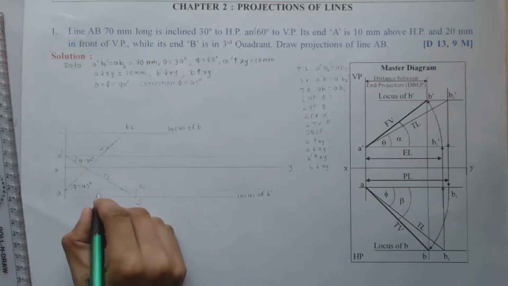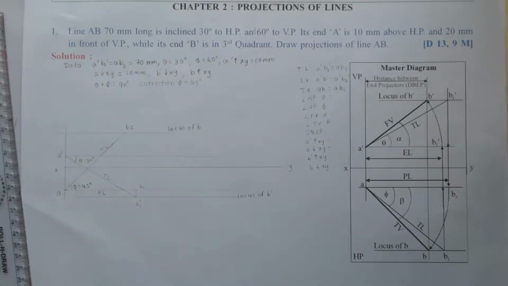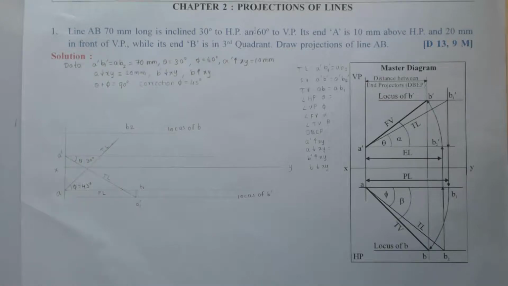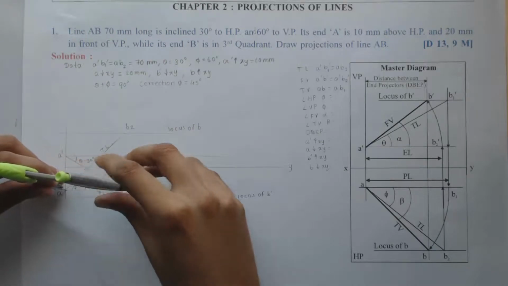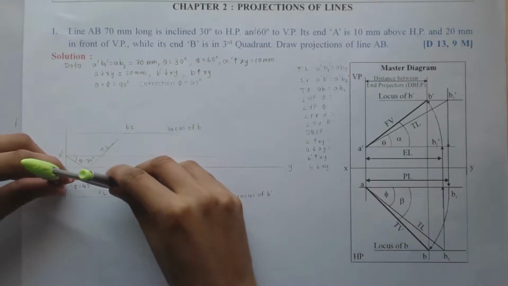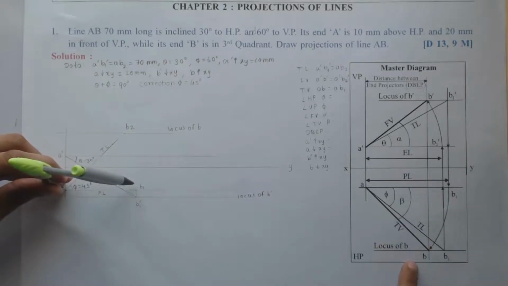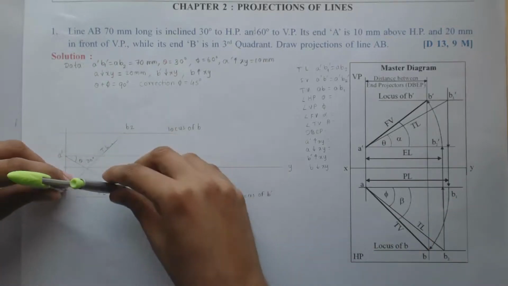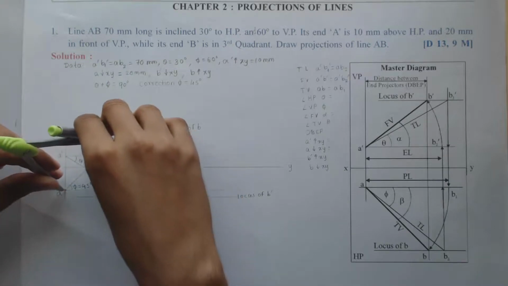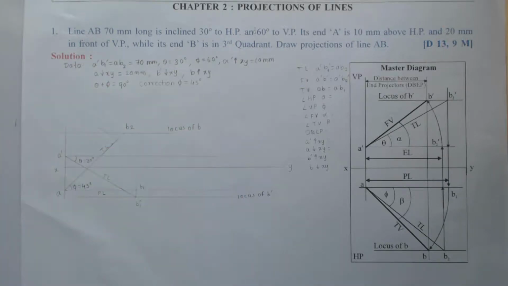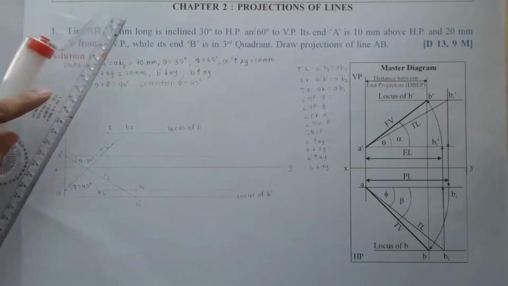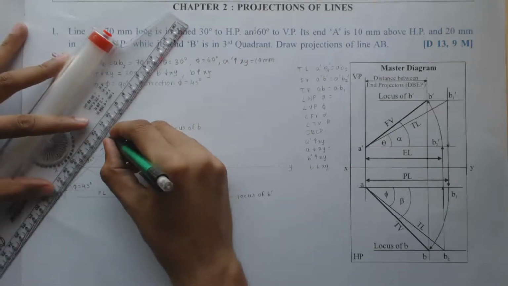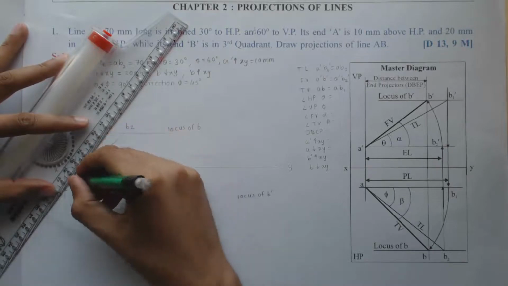Now this length AB1 is nothing but the plan length. Okay. Now producing the arc with the plan length. So I'll take plan length AB1 in compass and it will produce the arc up to locus of B, which is marked above XY line. So I'll produce this arc up to locus of B. So this point will give me the final position of top view for B. Okay. So now I can join A to B to get the final top view of line AB.